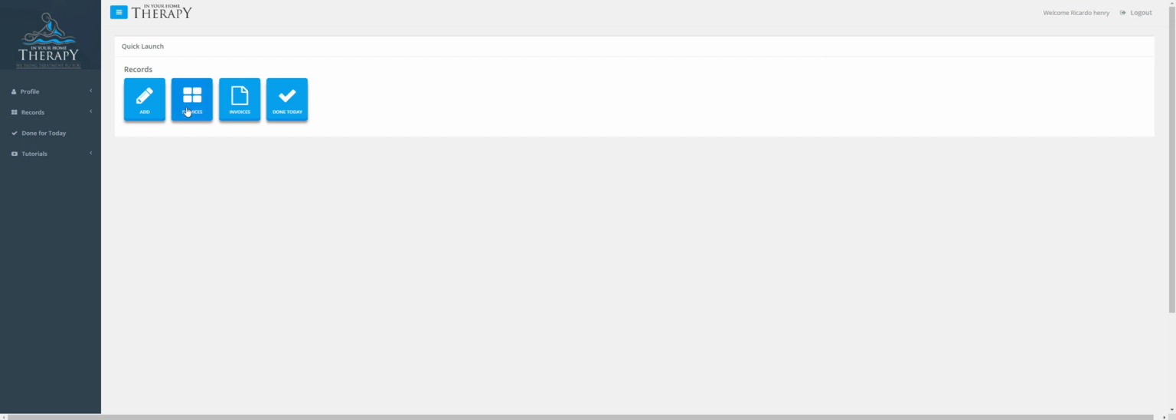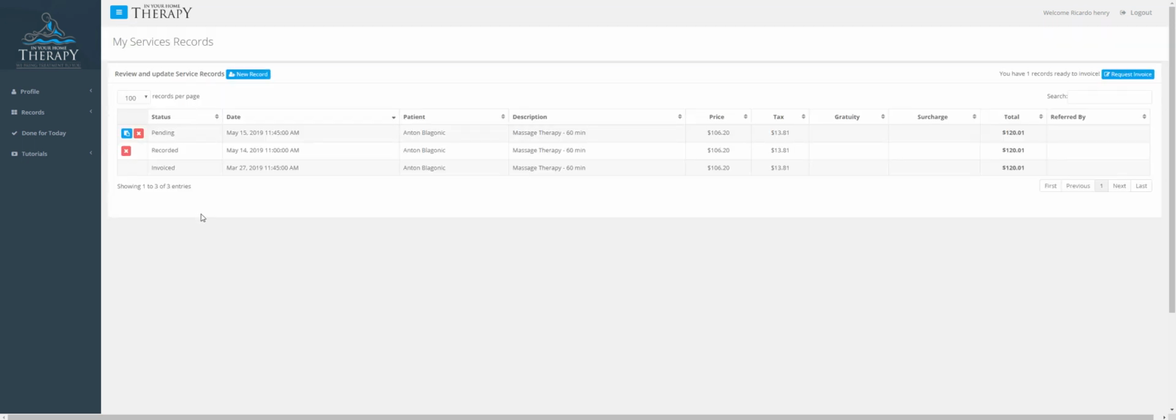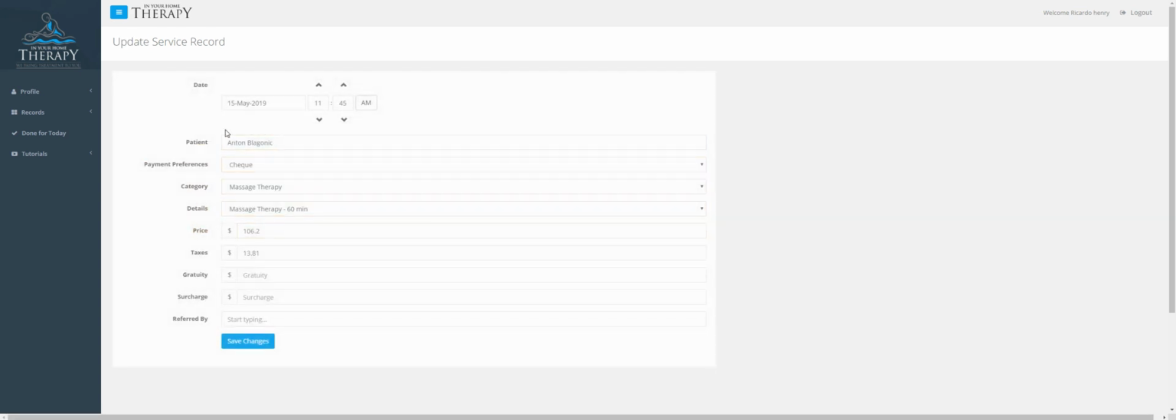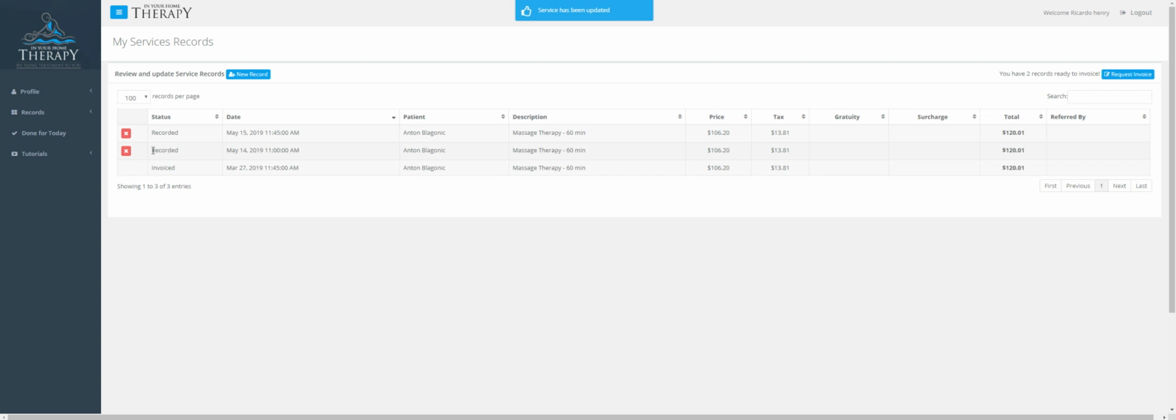You're going to go to your My Services tab, which is where all your service records are stored. You find the pending appointment, and the appointment has been completed, so you wish to change it from pending to recorded. You're going to click on the blue pending button, and everything has taken place. The appointment is concluded. You're going to save changes, and that will change it from a pending appointment to a